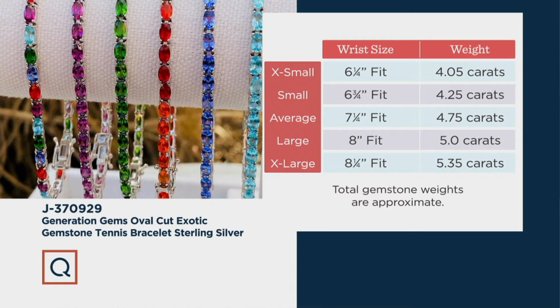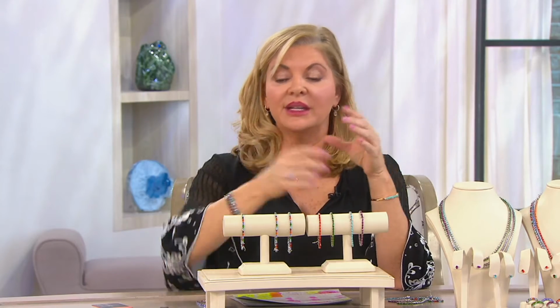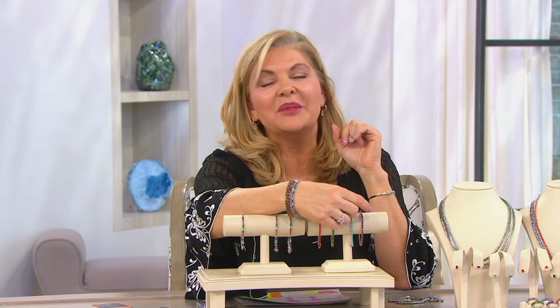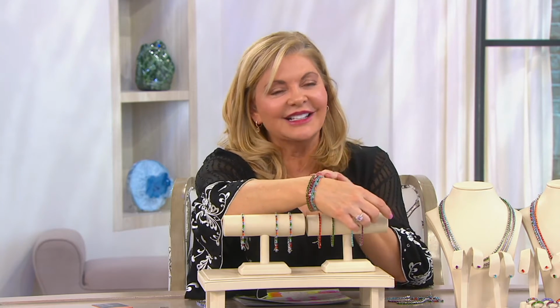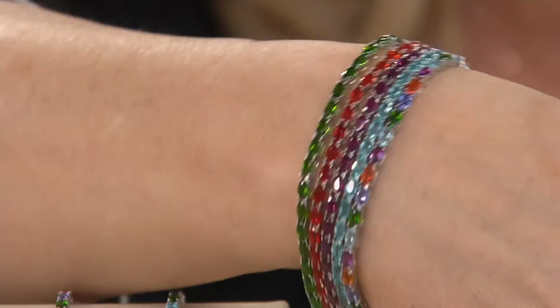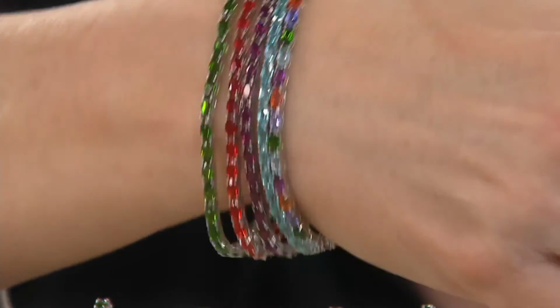We're talking oval cut. We're talking sterling silver. So now it's not so outrageously expensive that you're afraid to wear this bracelet. And bracelets are probably the perfect arm candy these days. As you can see, look at the depth and the fun and the exotic colors and the way that these